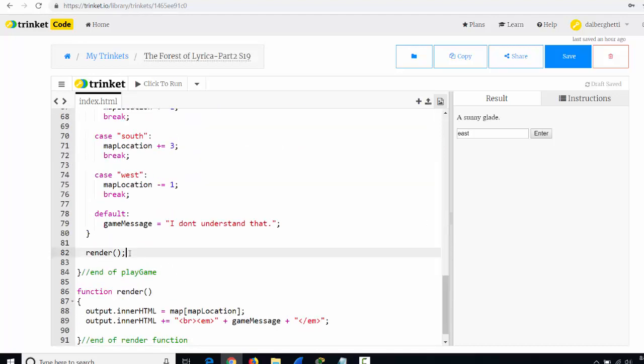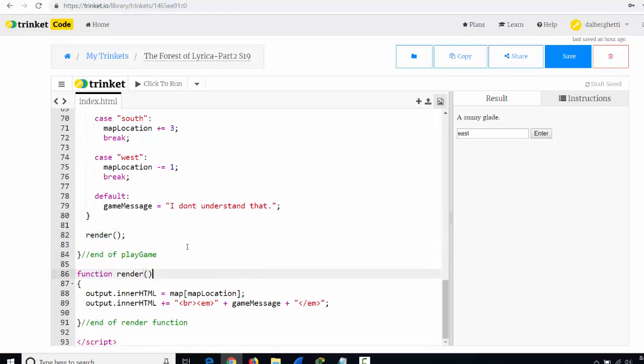At the end of the play game function, we simply render the game. Now, rendering the game means calling the render function. Let's take a look at the render function. The render function just takes this output field and changes the HTML in it to whatever it says in the